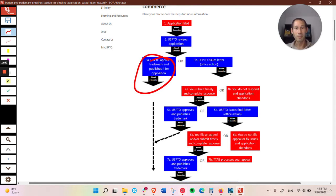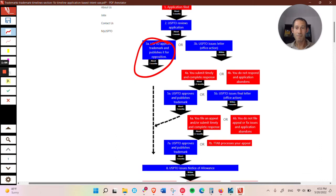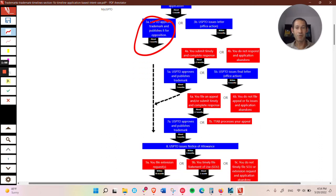So assuming no one opposes it, there's no issues. If you filed based on intent to use, then you would receive your notice of allowance at the end of that. If you filed based on actual use in commerce, meaning you sent in specimens, at this point it would go on to registration, and in about 2 months after the publication period expires is usually when you receive